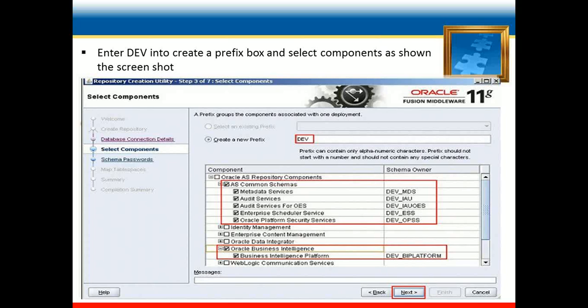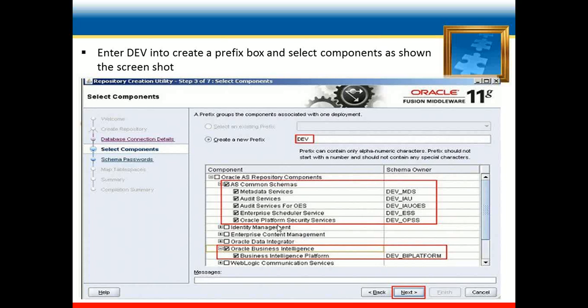These are the main schemas provided by the middleware, as they will be required for our OBI installation and configuration.